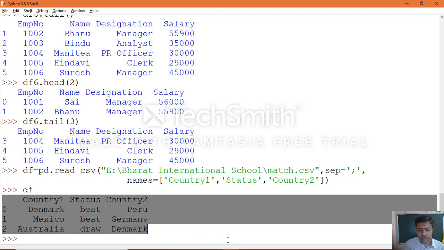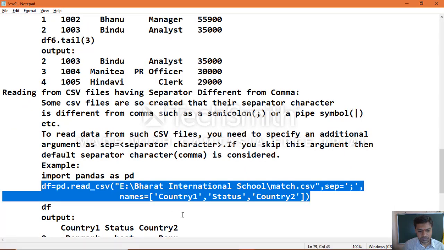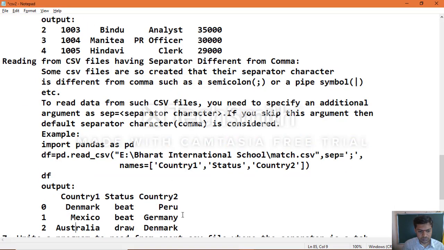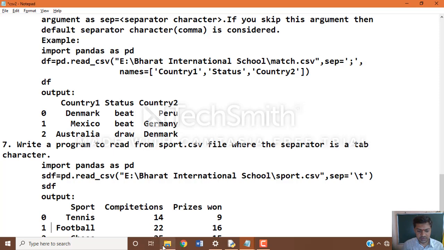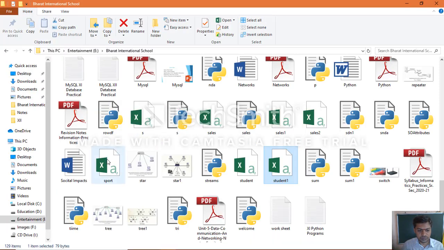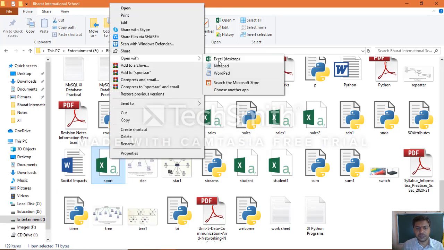Same way we'll proceed with another one. So another separator which you want to make use of, that is sport, another one, sport CSV file. Yes, we'll open that. Already I created it when I worked with examples.